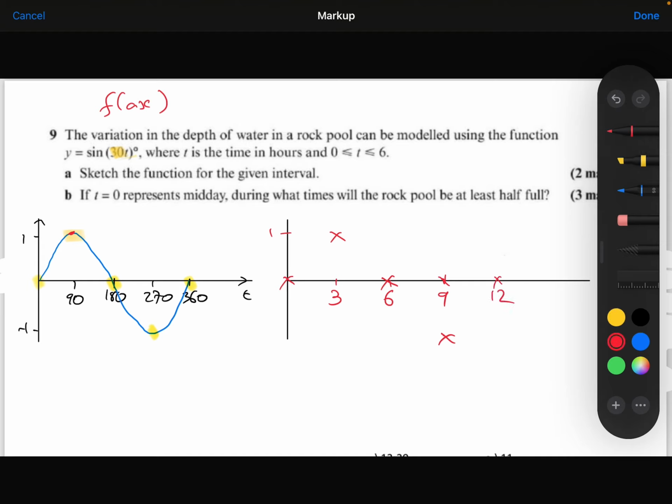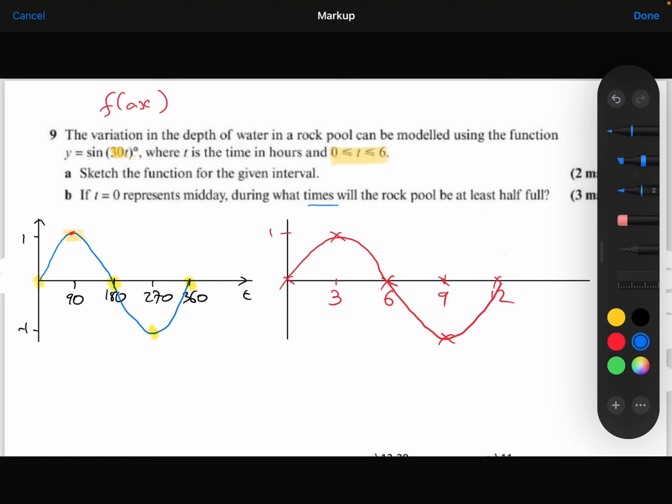So my graph is going to look like this. But in actual fact, the question only wanted me to draw between 0 and 6 hours. So the only part of the graph that I would actually draw would just be this part here. I don't need to draw the rest of it. For part B of this question, it asks me to